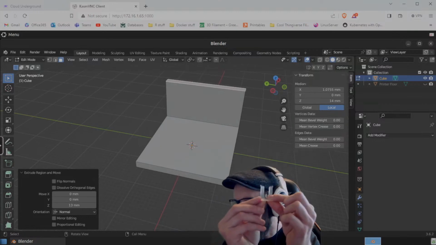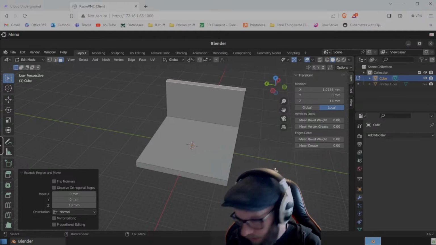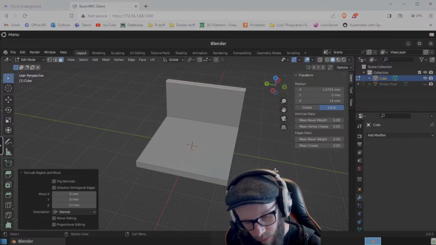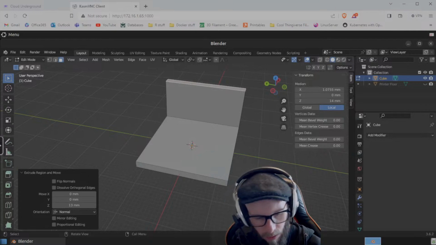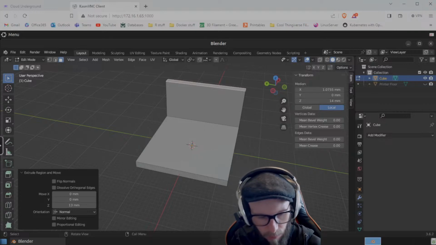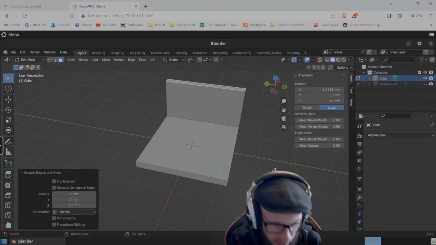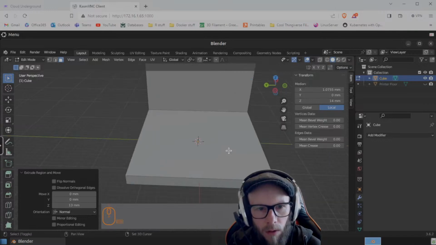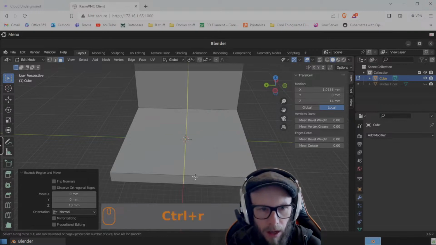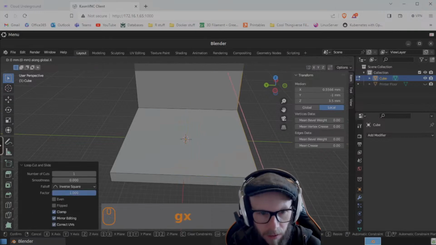Now if you notice, it's got this hole in the center, so we need to create that bit. So that's going to be, let's see, these are 7.8, 7.7, 7.7, 7.65, 7.7. We'll go with 7.7. That seems like the closest to me. So what we need to do, I'm going to do a Control R, I think. Yeah. And then I'm going to go to the edge and then just do a GX